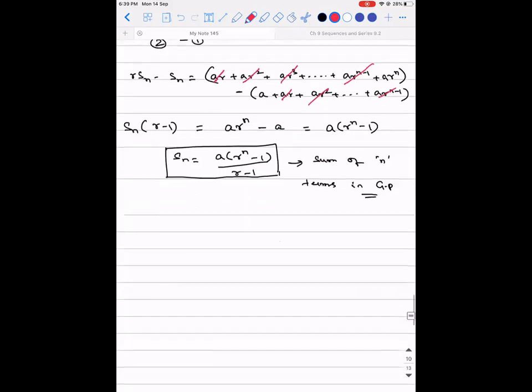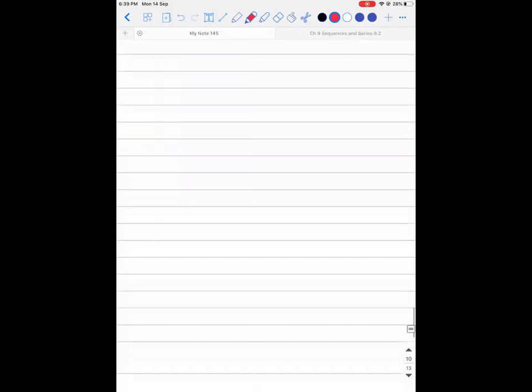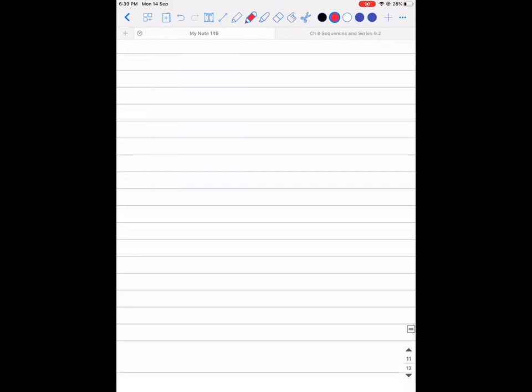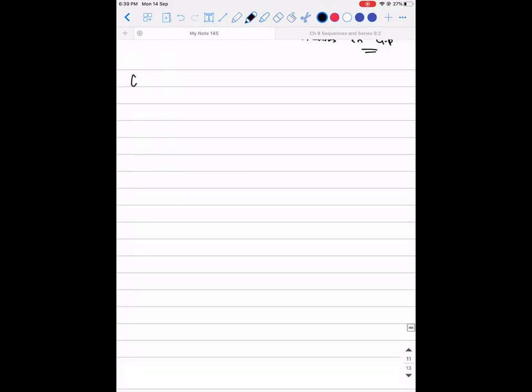We'll move on to the next concept. In arithmetic progression, what did we see? We saw how to take the general term. Then we saw how to find the sum of n terms in AP. Then the last part that we saw is arithmetic mean, right? In a similar context, there will be a geometric mean also. So now our topic of discussion is going to be geometric mean, which is also called GM.